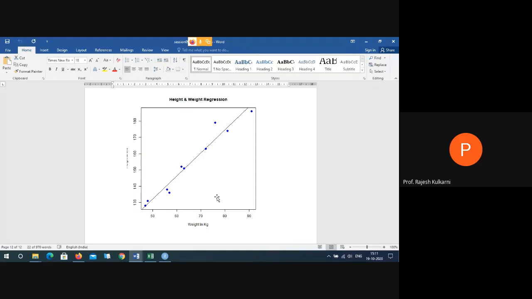We have learned the concept of linear regression, let us try to implement that in one more way.